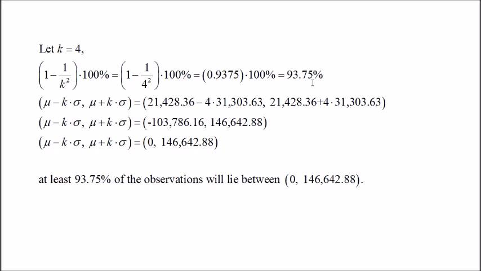And so once again, Chebyshev's rule says that at least 93.75% of the data, GDP per capita data, will lie inside this interval. So this is mu minus 4, which is k, times the standard deviation, and then mu plus 4 times the standard deviation. This part will be negative